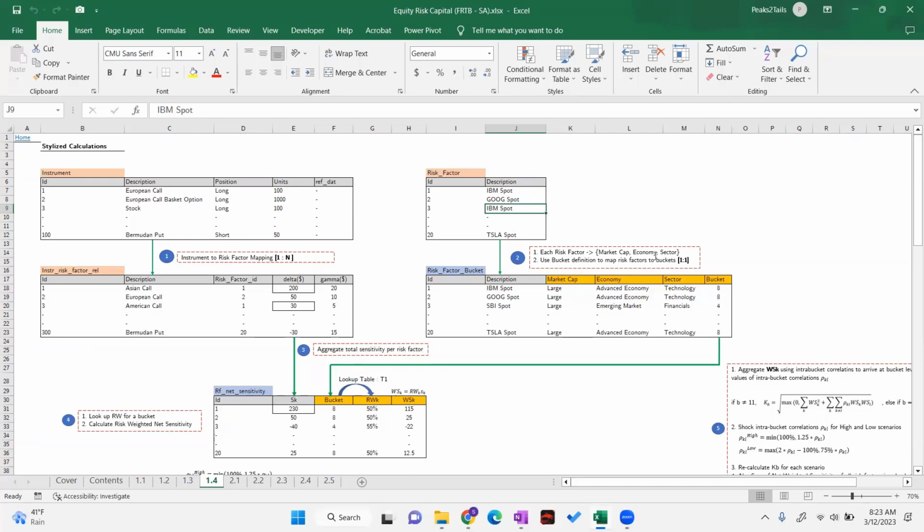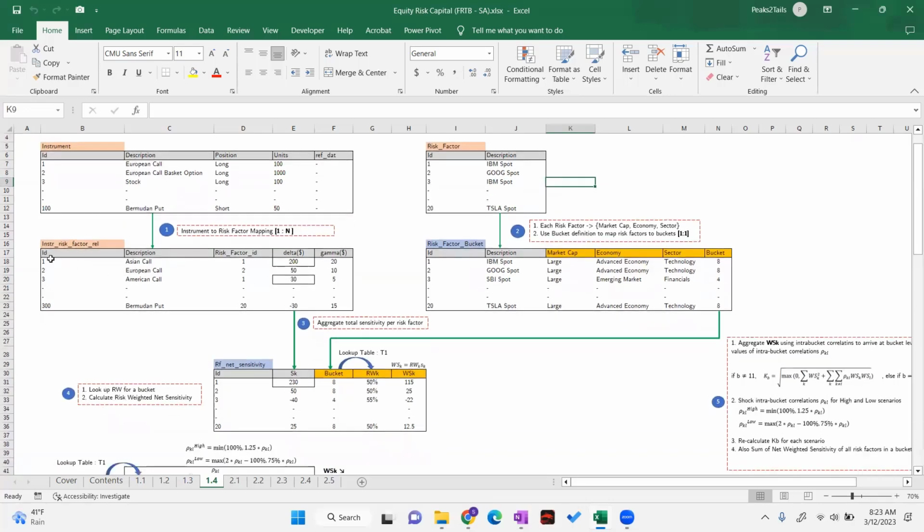LIBOR 3-month is a risk factor. LIBOR 6-month is a risk factor. OIS 1 month is a risk factor. Okay. So you have lots and lots of risk factors. And then probably you'll have a sort of bridge table which maps instruments to risk factors. So these two tables are joined. For every